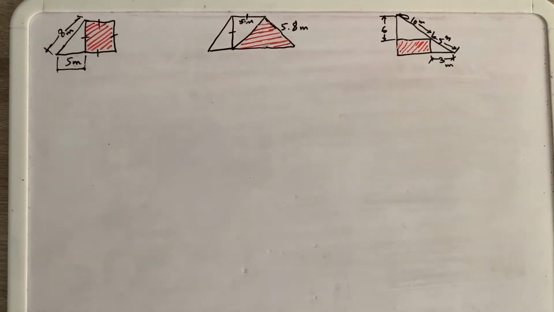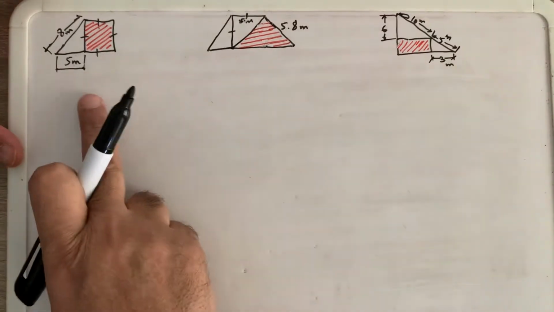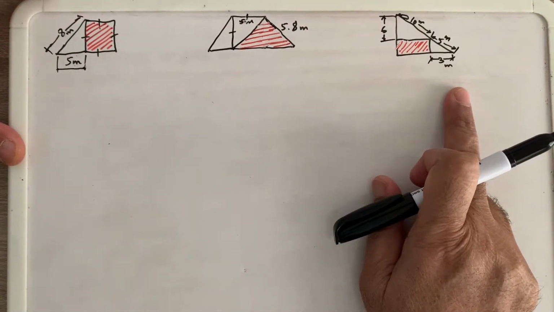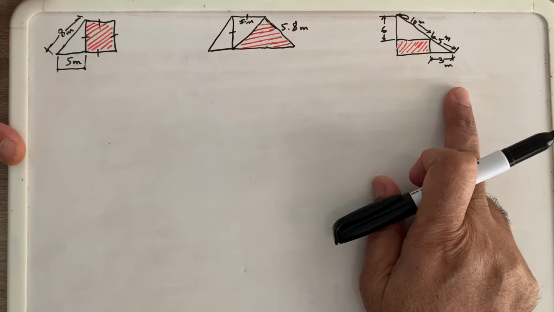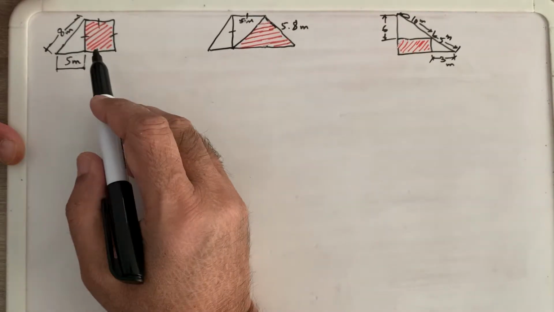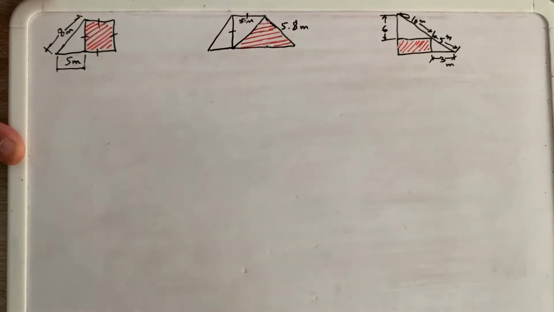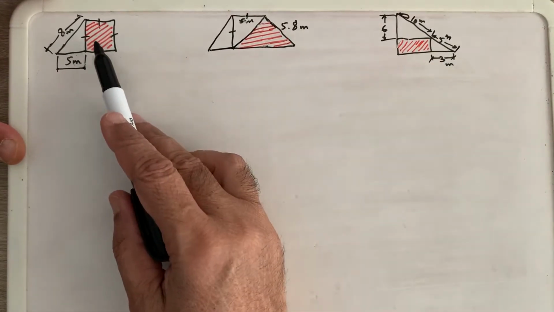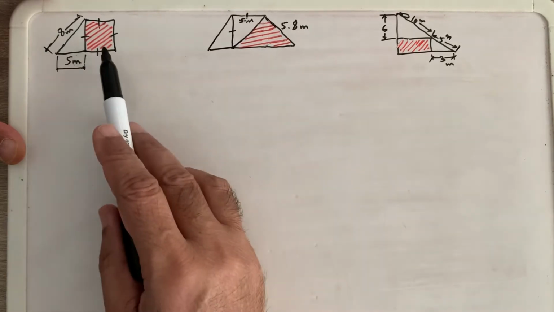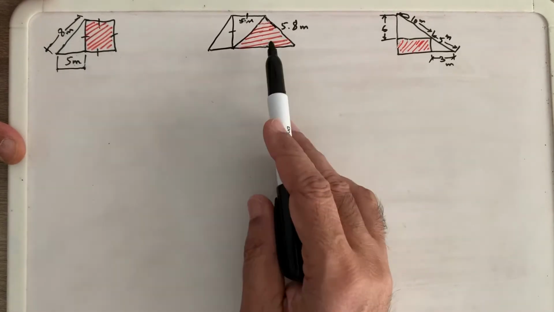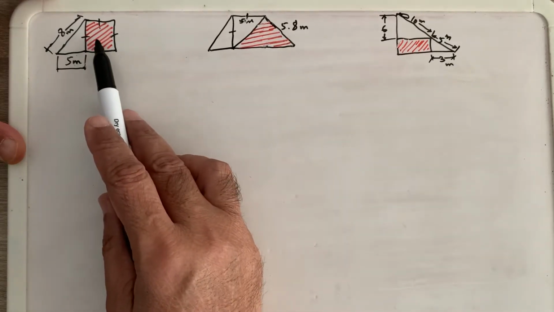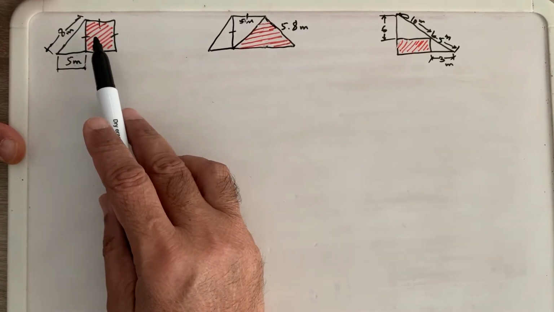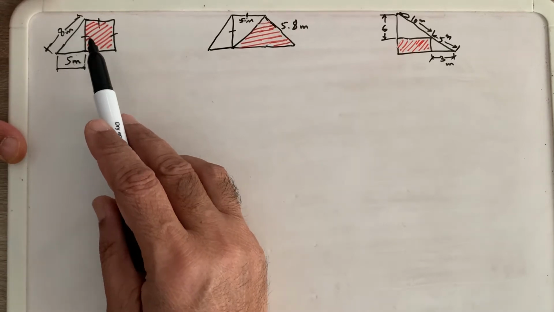Here are some more applications of the Pythagorean theorem, and there are 3 questions. Each question shows us a picture or figure. In figure number 1, this shaded area is in all of these 3 questions. Shaded area is unknown, and they are asking us to find the shaded or colored area. So this area in question number 1 is unknown, and we have to see the figure in terms